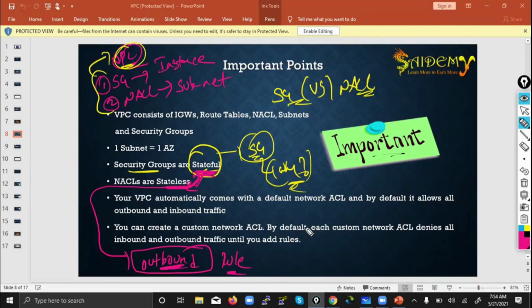In NACL, you can allow or deny. Right, correct. So by default, in a security group, all the outbound rules are